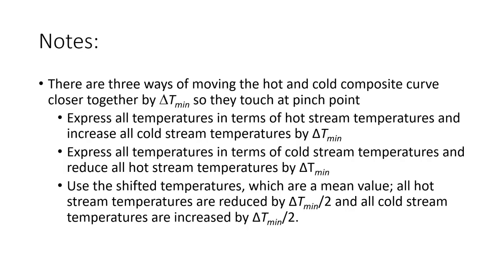In either of the cases, your answers would not change. The reason we are shifting the temperature is to make sure that at any given time there is no overlap and your temperature difference between the two streams is maintained at delta T minimum, correct? So with this I think we end here, and when we meet next time we'll talk